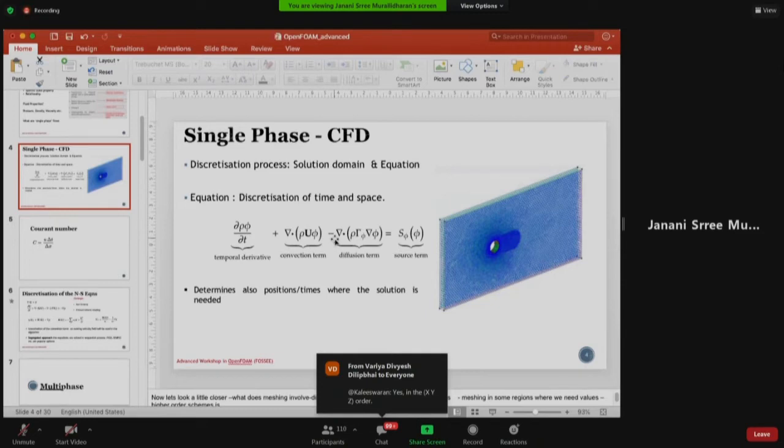Now, if you have a velocity which is making this movement possible, and this is temporally changing, by temporally changing meaning every time step there is one movement of whatever quantity that you're trying to transport using a particular velocity. Then it becomes imperative that you track this movement accurately.